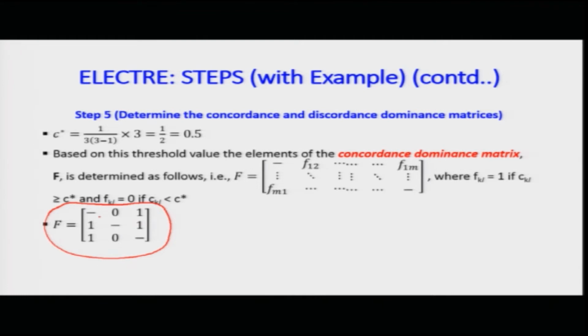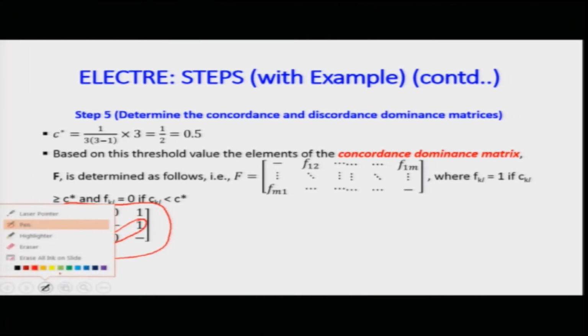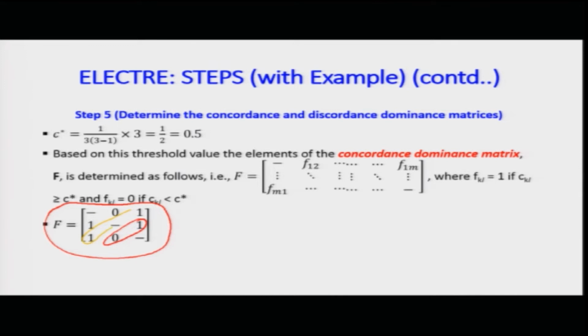Now, what is interesting is here, if you compare these. So, now this is a concordance set, liking. Along the rows are the alternatives which I have. There are 3 alternatives: A1, A2, A3, and along the top, which is not written again, the alternatives A1, A2, A3. So, when I am comparing A1 with A2, if I take A1, I am positive,